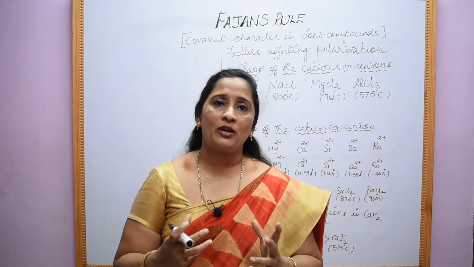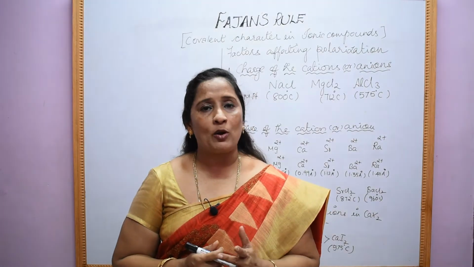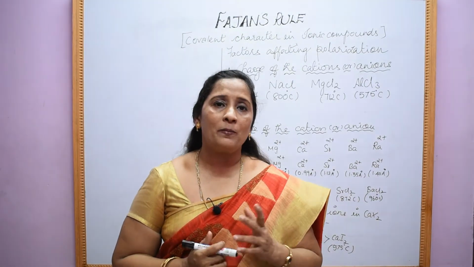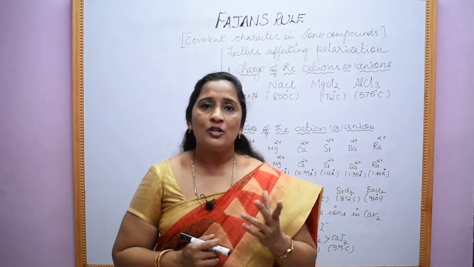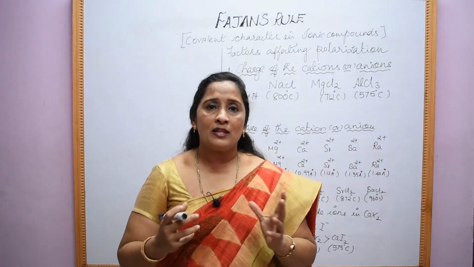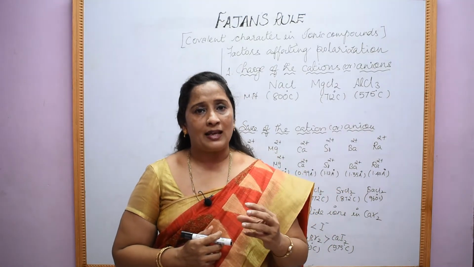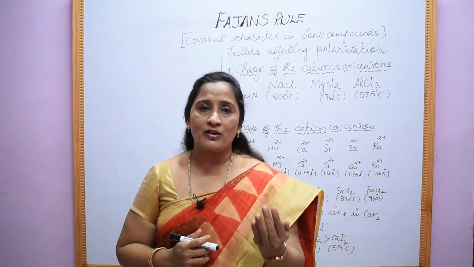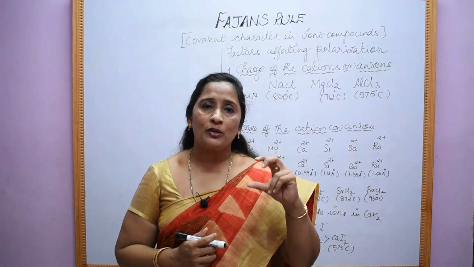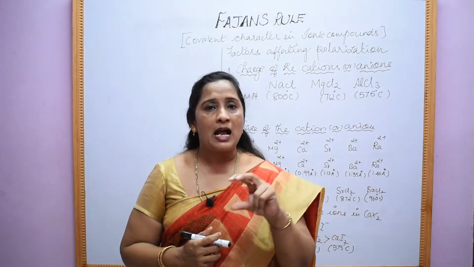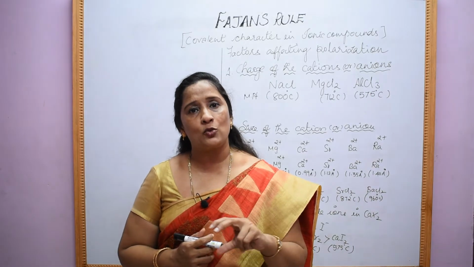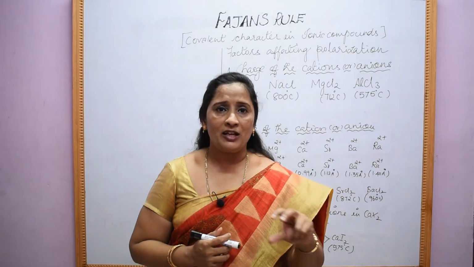We know how an ionic bond is formed. An ionic bond is formed by the unequal sharing of electrons. The simple example we can think of is sodium chloride, right? In the formation of sodium chloride, Na will lose one electron, and that electron will be gained by Cl. Therefore, Na will get a positive charge and Cl will get a negative charge. The bond that is formed between these two ions is called the ionic bond.